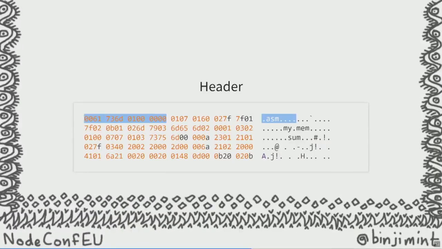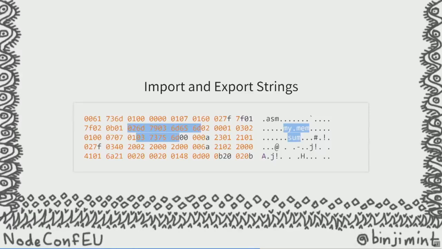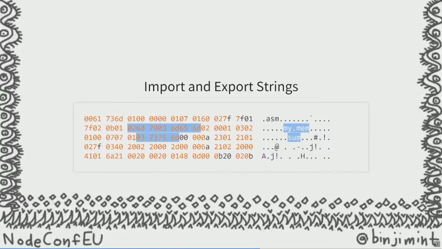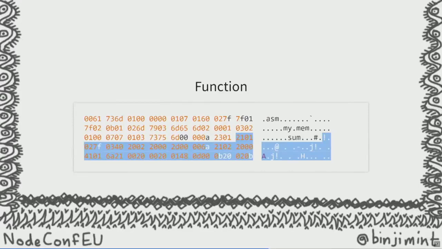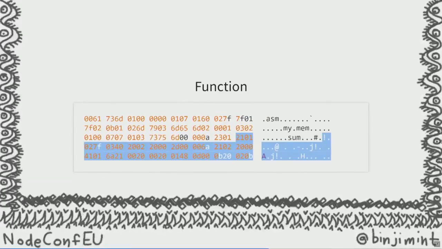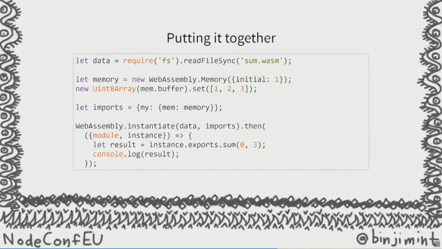So there's a little header here. Here you can sort of see the strings. There's that mymem and the sum. And then this is the function at the end. The rest of this stuff is the function. Again, I won't go through the bytes. Nobody wants that. So then putting it all together,